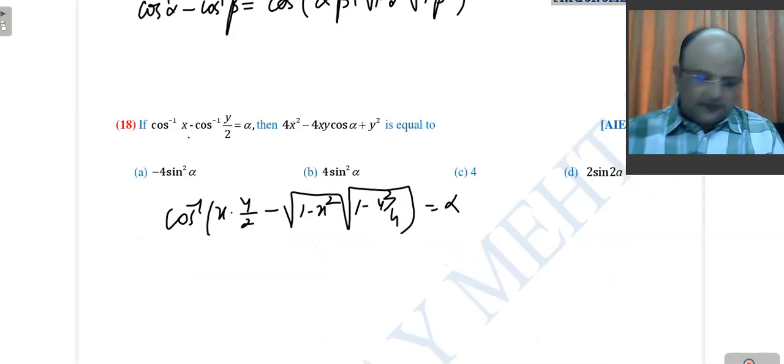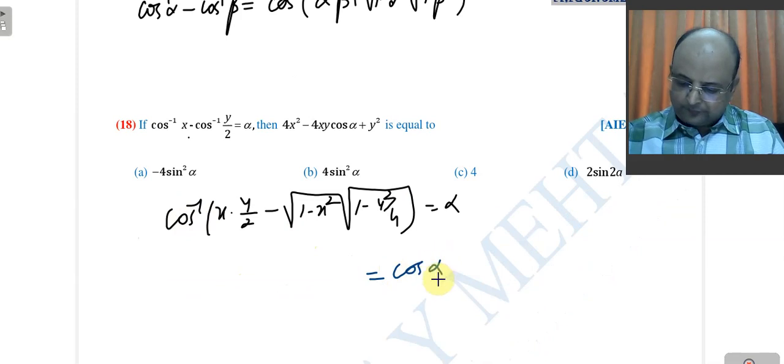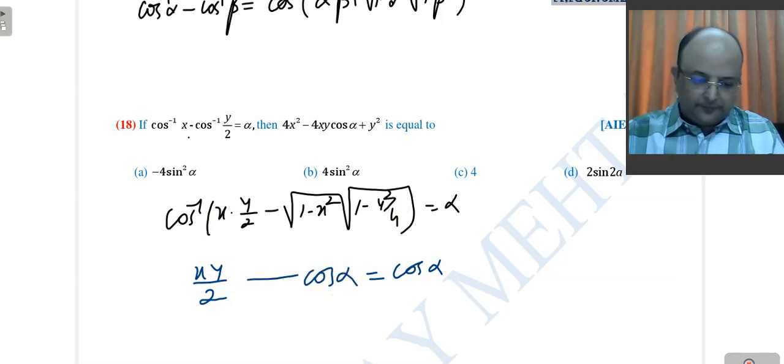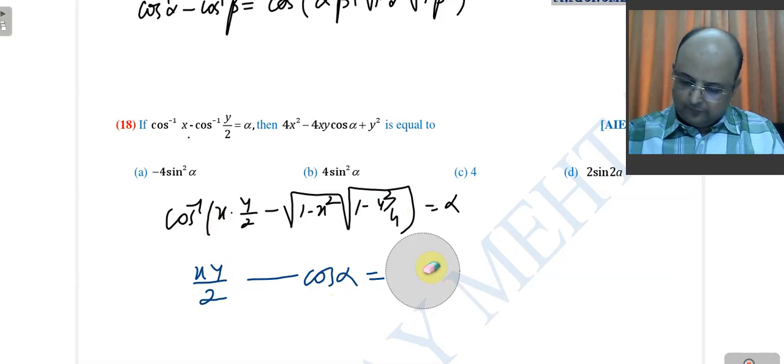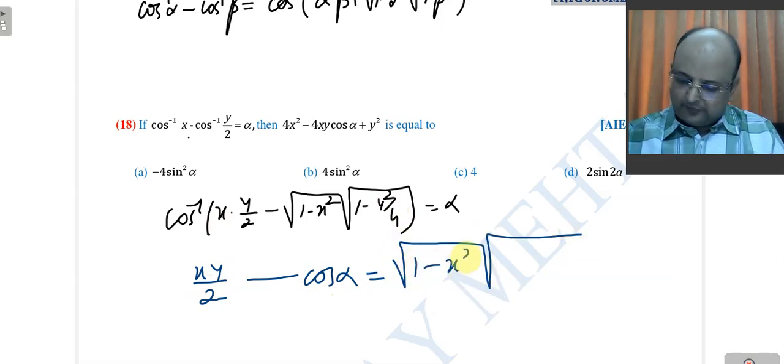We have done many of these sums in 11th. I take this cos on right hand side and then this will be xy by 2. I take this cos alpha on left hand side and I take these 2 on right hand side. So it will give us root of 1 minus x square times 1 minus y square by 4. Your answer is coming. If you have noticed,